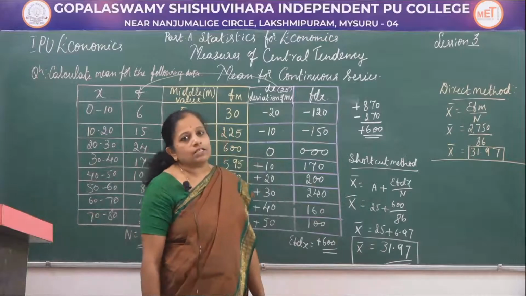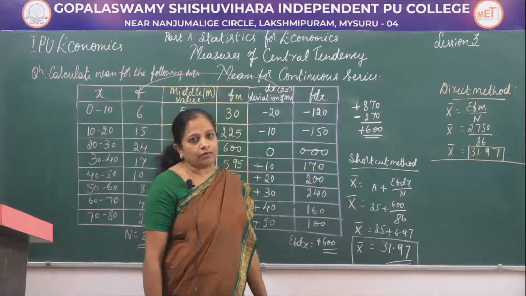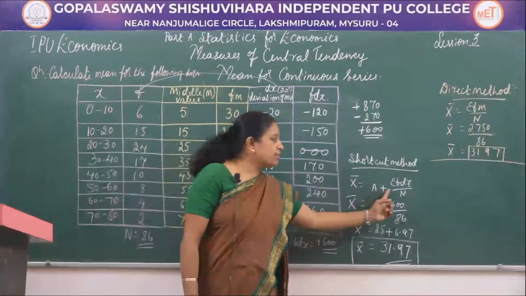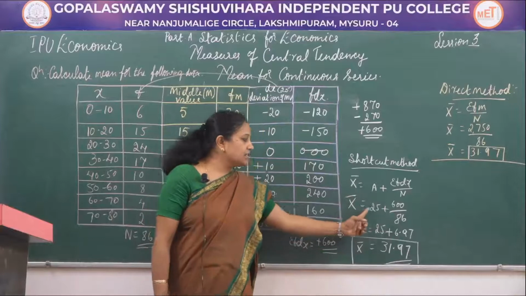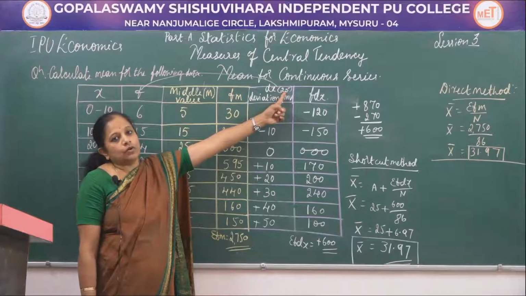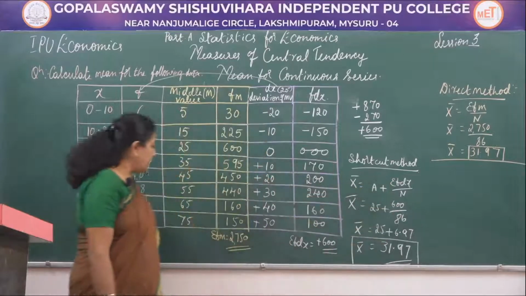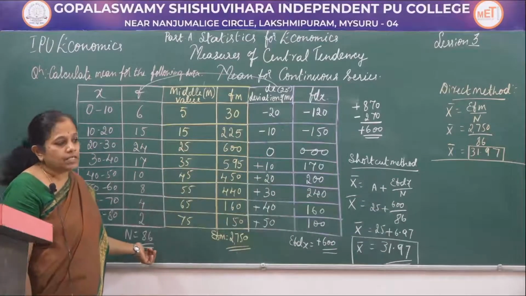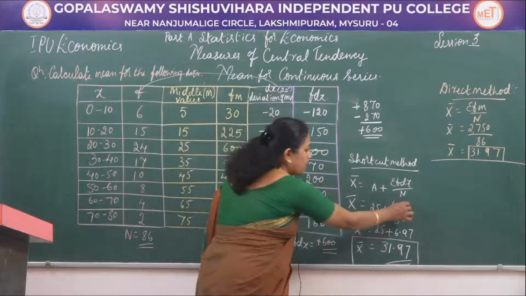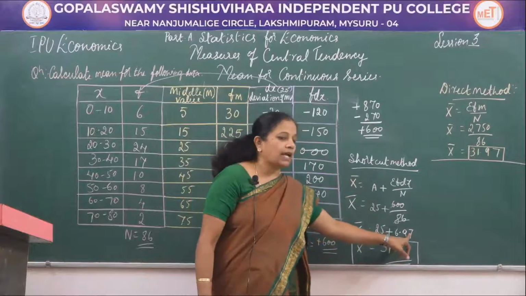Now that we have obtained sigma f dx, let's move towards the shortcut method calculation of the mean for a continuous series. The shortcut method formula is x bar equals a plus sigma f dx by n, where a is the assumed mean. Here we have taken 25 as the assumed mean. So 25 plus 600, the sigma f dx, divided by n, which is 86, the total of the frequencies. 600 divided by 86 is 6.97, and 25 plus 6.97 equals